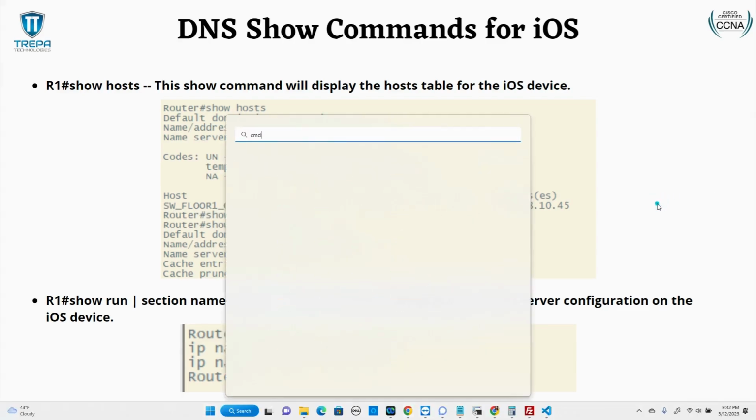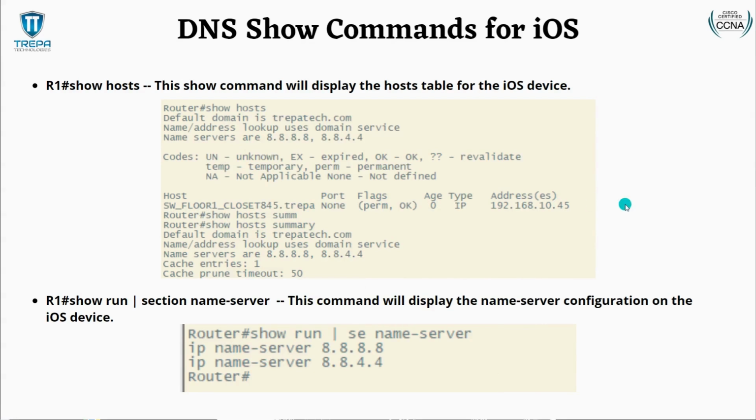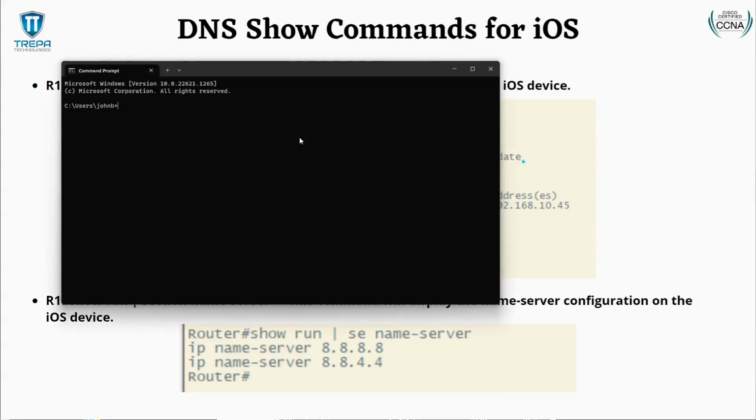Before we go, I just want to show you guys some things on the command line, right? How we can also view some DNS stuff. This command NSLOOKUP is a great way to look at that actual DNS resolution. So you can see here, I'm reaching out to Google's DNS server. And then it shows me right here my public IP address for trepidtech.com. So we did NSLOOKUP